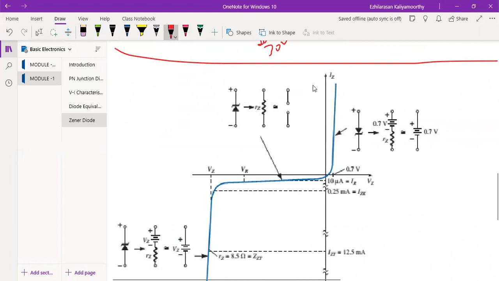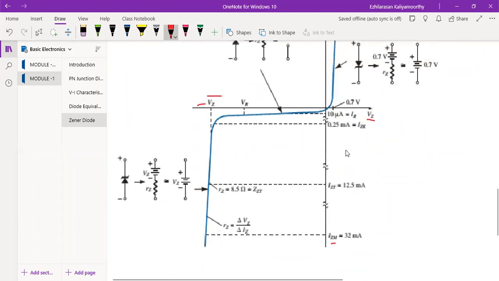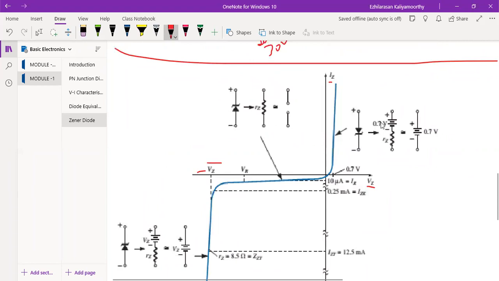See, this is the VZ, IZ, minus VZ, and this is minus IZ. Here we have the diode. This is the forward bias, because this is your Zener diode. During forward bias, you studied the approximation, right? This is the approximation of that: you will have one resistor with a barrier of plus minus 0.7 volt in series.